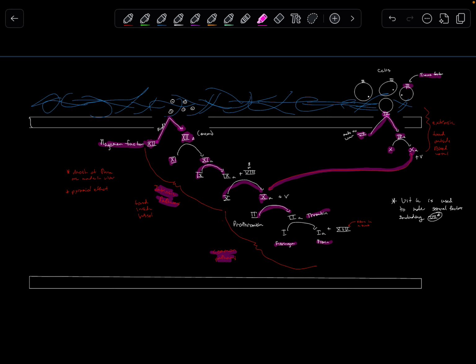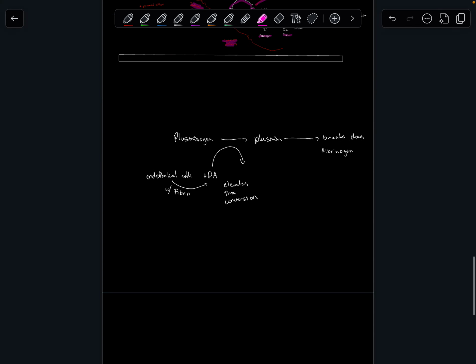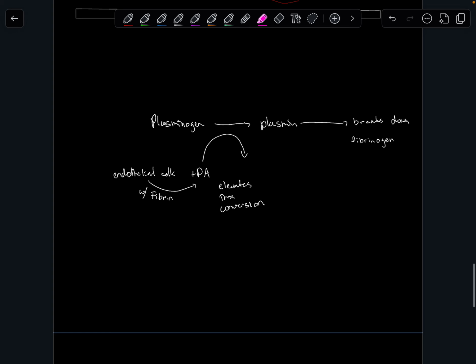Yeah, and that just allows for coagulation. And then we'll talk a little bit further about plasminogen and plasmin. So plasminogen is just a protein that's in the blood. It's just a zymogen that's hanging out. And ultimately, we want plasmin, which allows for